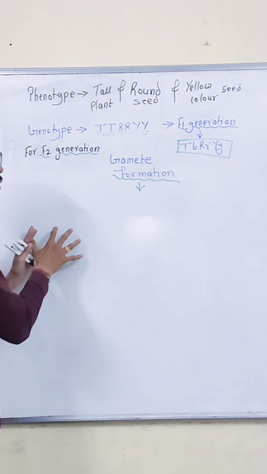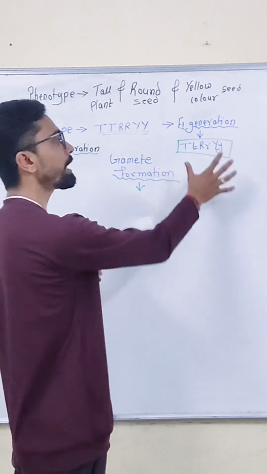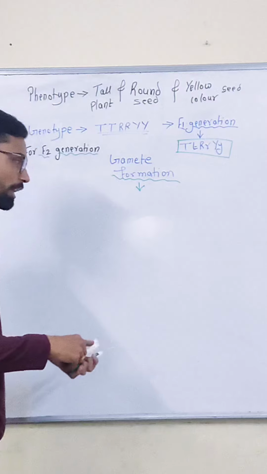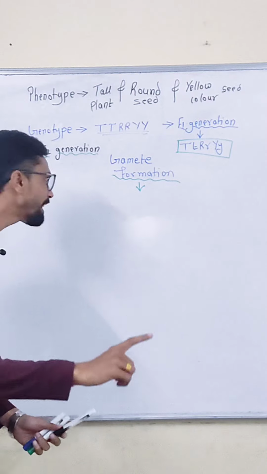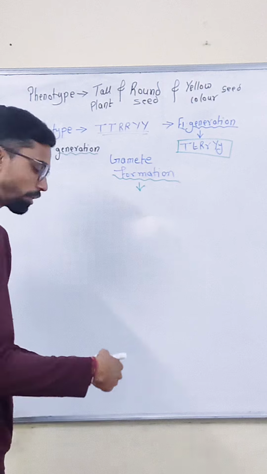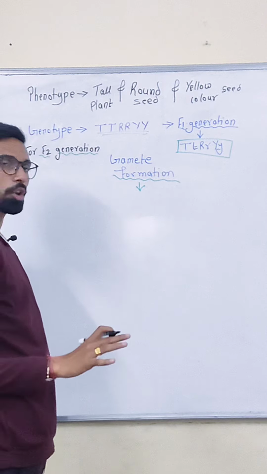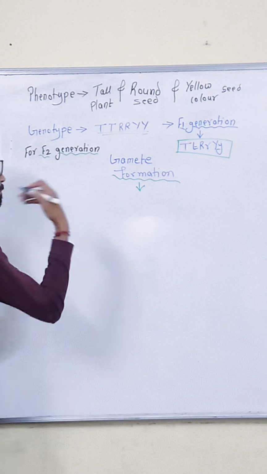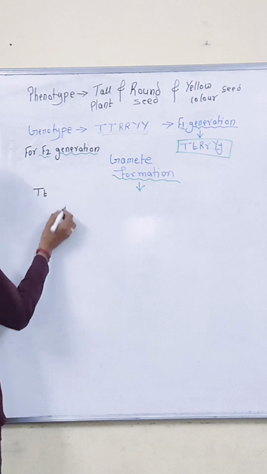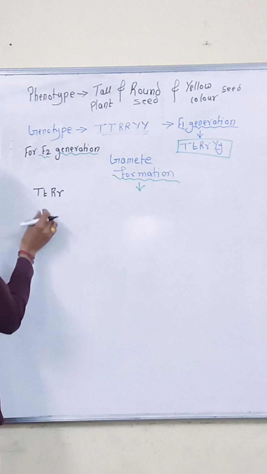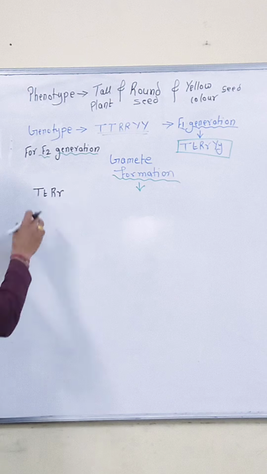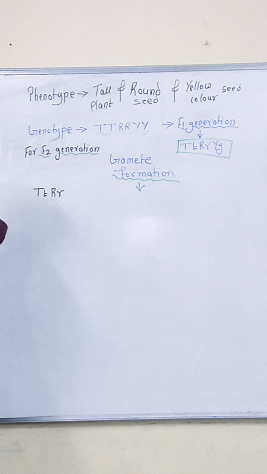Here I will try to show you the dihybrid and also the trihybrid of the F1 generation. Okay, so just look at that, the first dihybrid, and then we'll go with the trihybrid also. So let's assume that the dihybrid cross F1 progeny may be capital T small t, and capital R small r, tall and round seed they have, right, in plants.